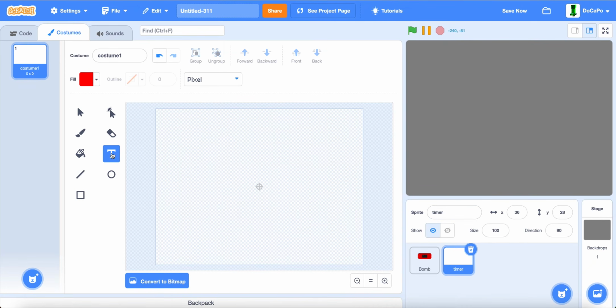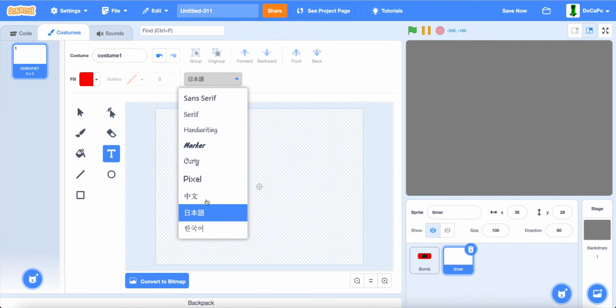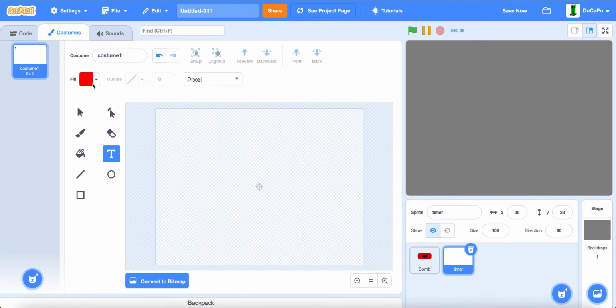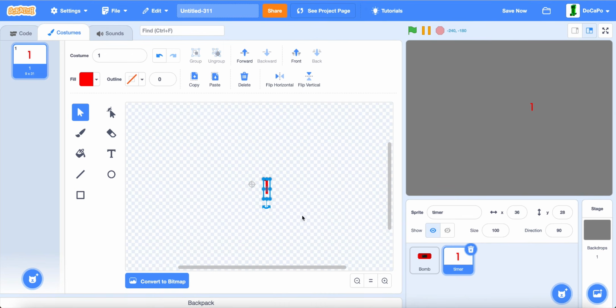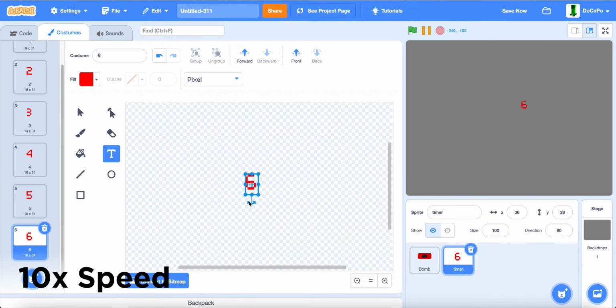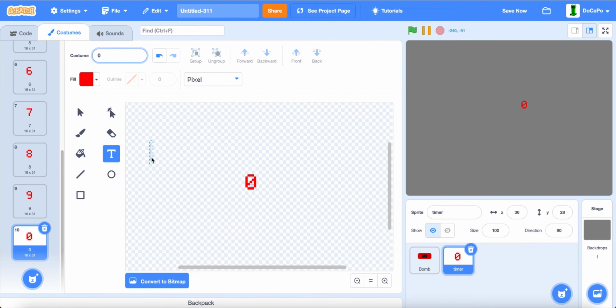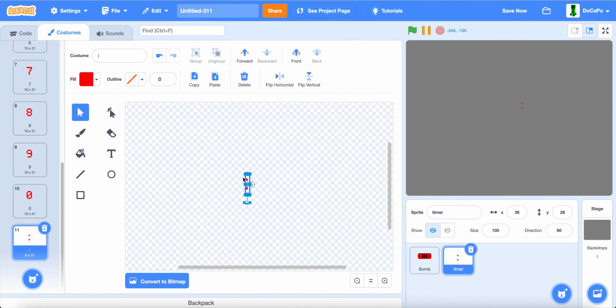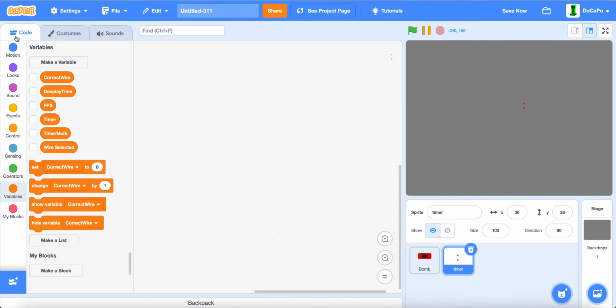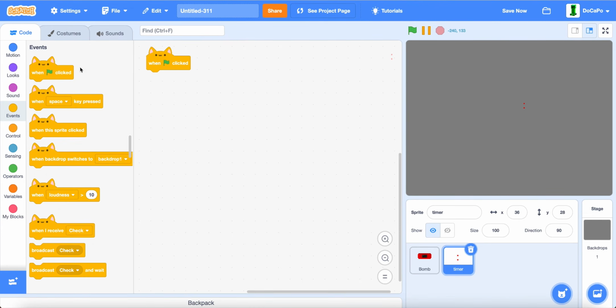Use the text tool, make it any font you want, I'll make it pixel, and make the fill red. Now type in all the numbers 1 through 9 through 0. And 0. Duplicate the 0, make this a colon, same with this. Now, after that, when green flag is clicked,